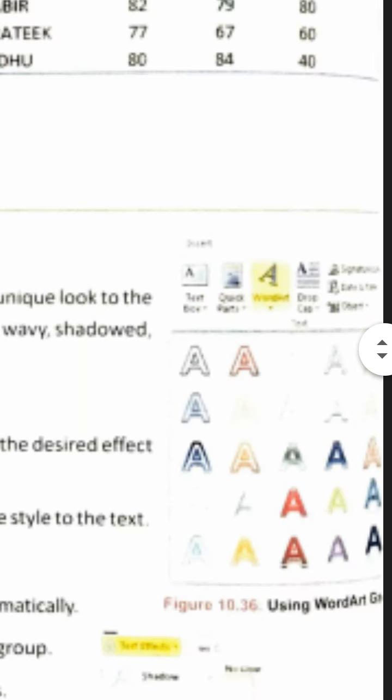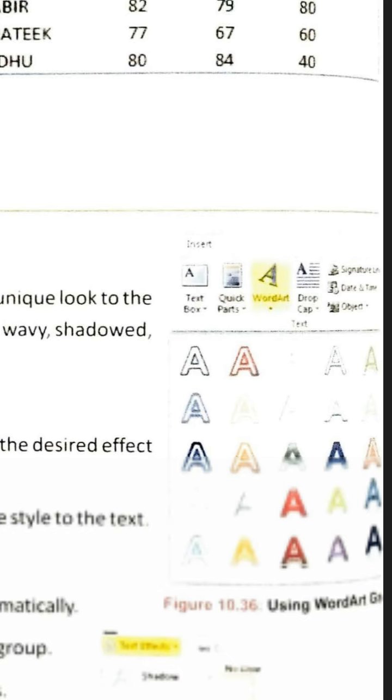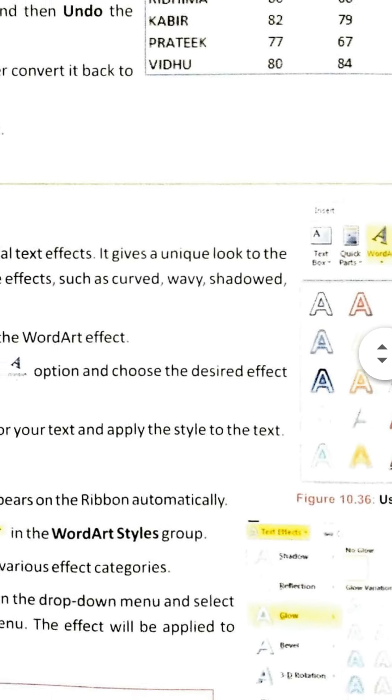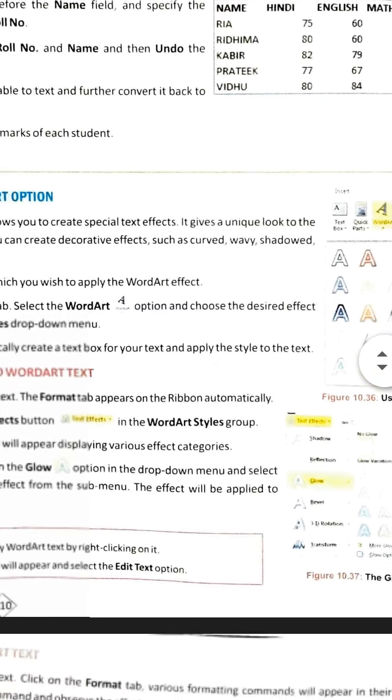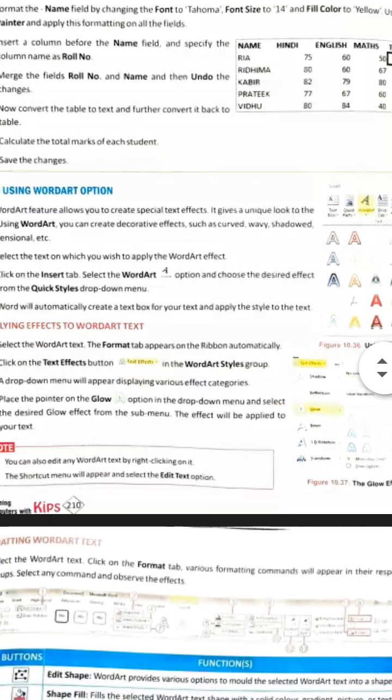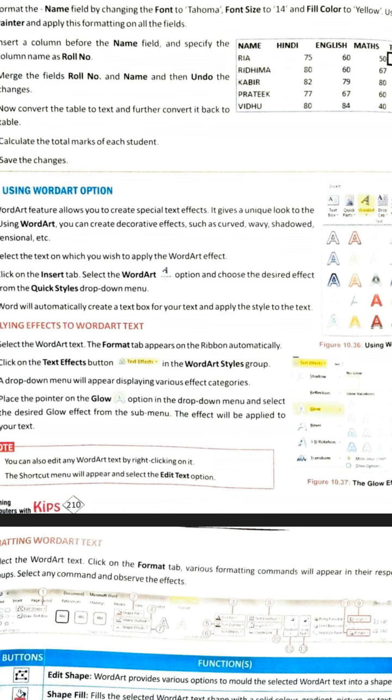When you click on the button, different styles will come up. It shows which kind of style you want for the text. You can select an appropriate one. After that, you can give effects to the word art also.